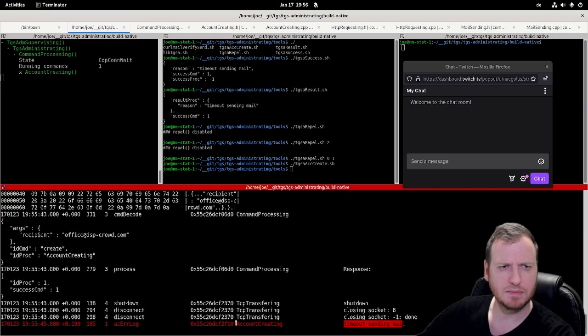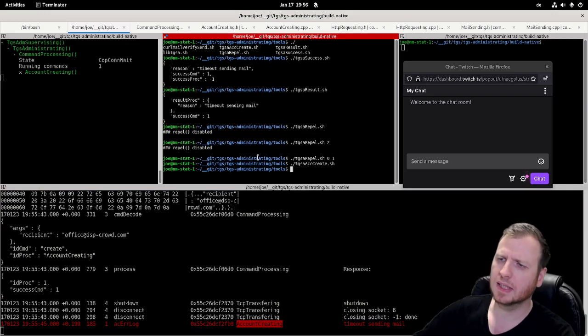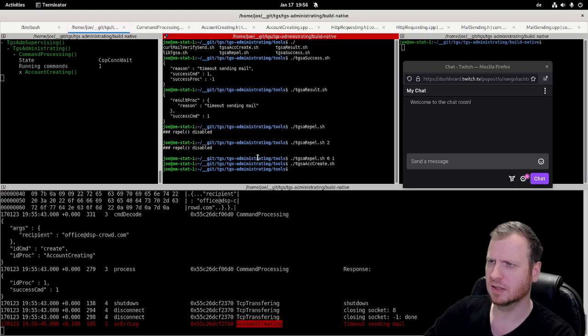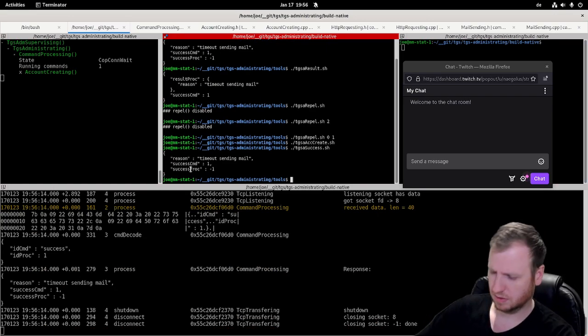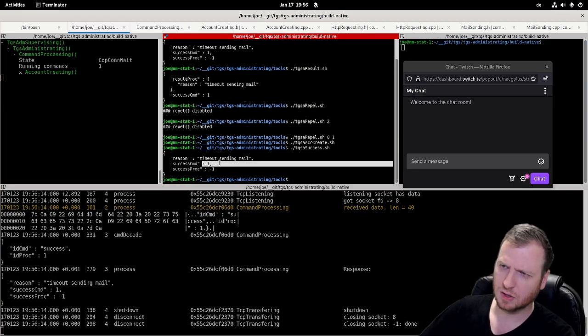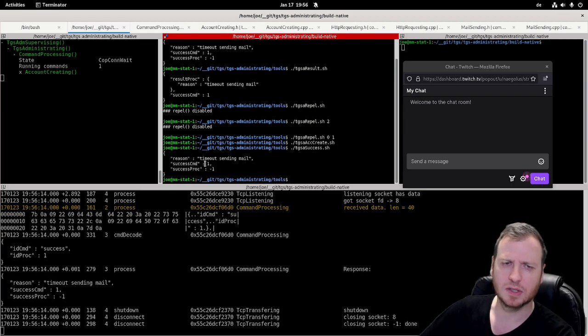Timeout sending mail. And we can fetch the result, the success, for example. Yes, and as you can see, the command returned positive, but the process account creating returned -1, negative, and the